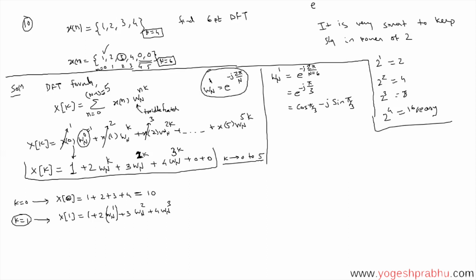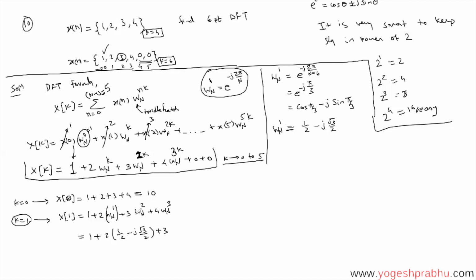Do you remember e to the j theta? That's Euler's theorem. When you have plus, you have plus. When you have negative, you have negative here. Now we have to find out what is cos pi by 3. Cos 60, how much is it? Half. I'd have to look at the unit circle. And j, this is square root 3 by 2. This is the value of Wn to the 1. So you're going to get 1 plus 2 times half minus j square root of 3 by 2 plus